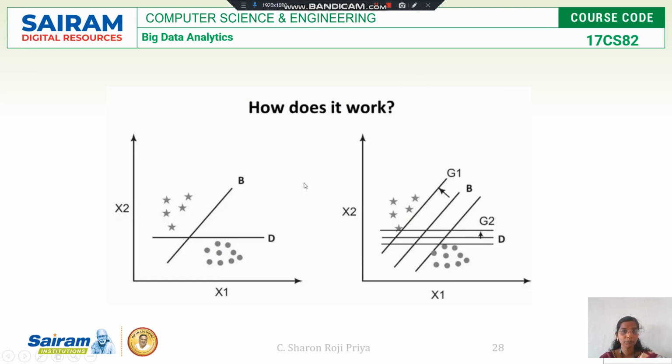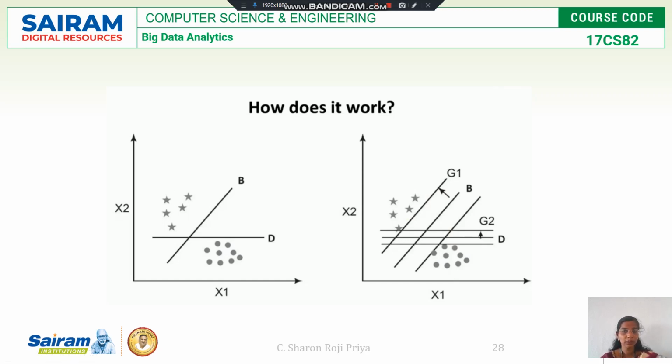Take this example, right? You are having two hyperplanes B and D. By visualizing, you can understand both these hyperplanes classify both the classes perfectly, very well, right? Because you take this B hyperplane, to one side of this B hyperplane, I have one set of classes, and to the other side of the hyperplane, I have the other set of classes. Right. Similarly, take this D hyperplane. To one side of the D hyperplane, you have this star class, and to the other side of the hyperplane D, you have this circle class.